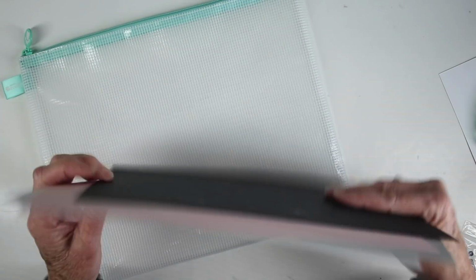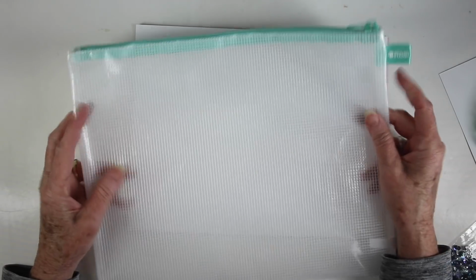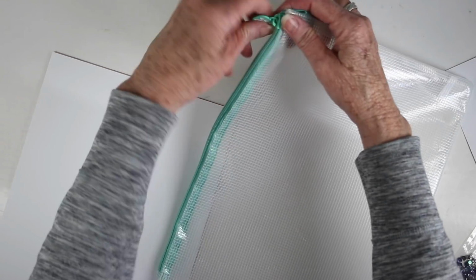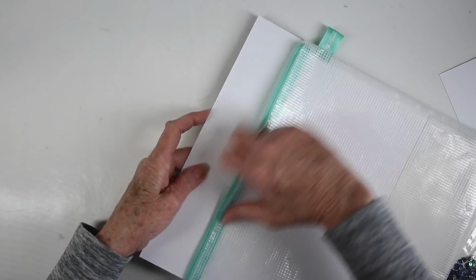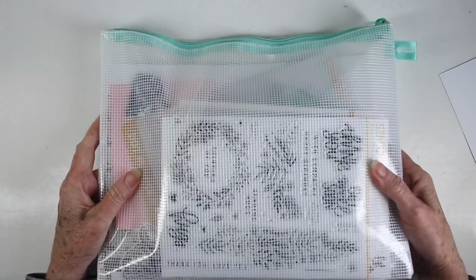And finally, we're also including our new Simon Says Stamp zipper mesh pouch. This has a really strong zipper at the top. It is also see-through with a white fine mesh, and you can fit your entire contents of your kit inside. We were careful to make sure we designed it so that we could fit cardstock in along with our other goodies. This is really handy to organize everything all together, and then you can see through to see what you